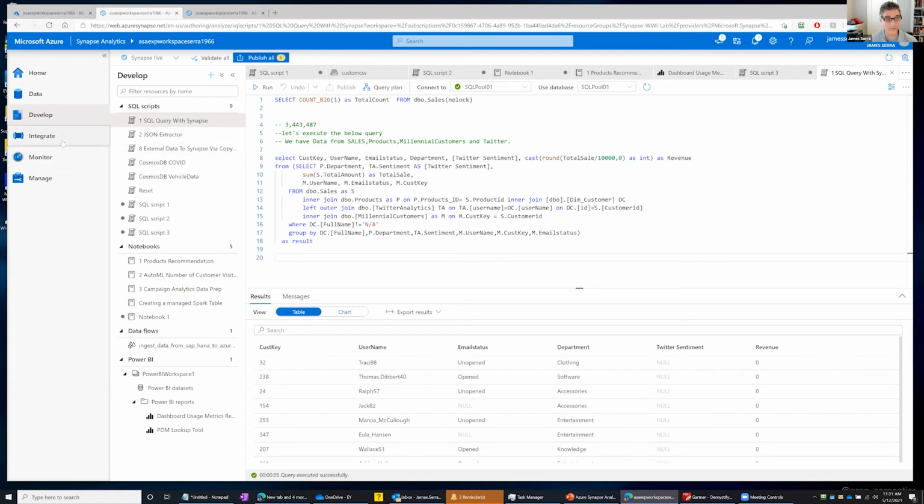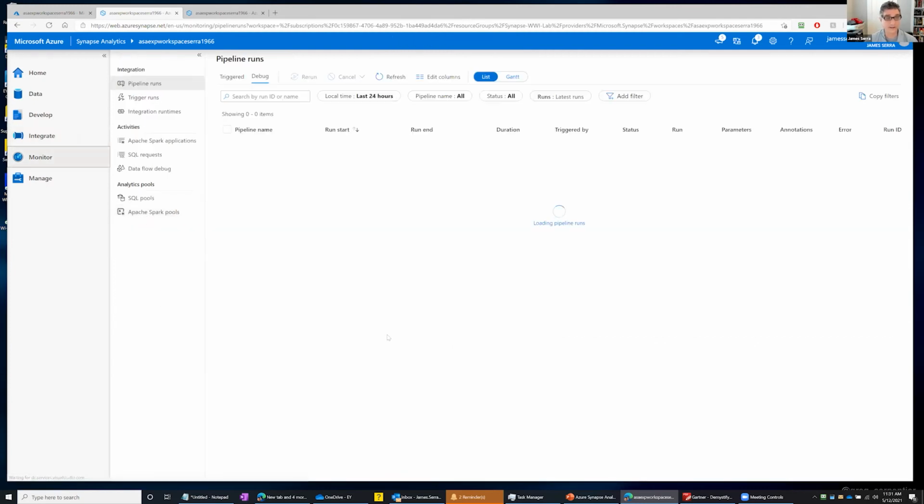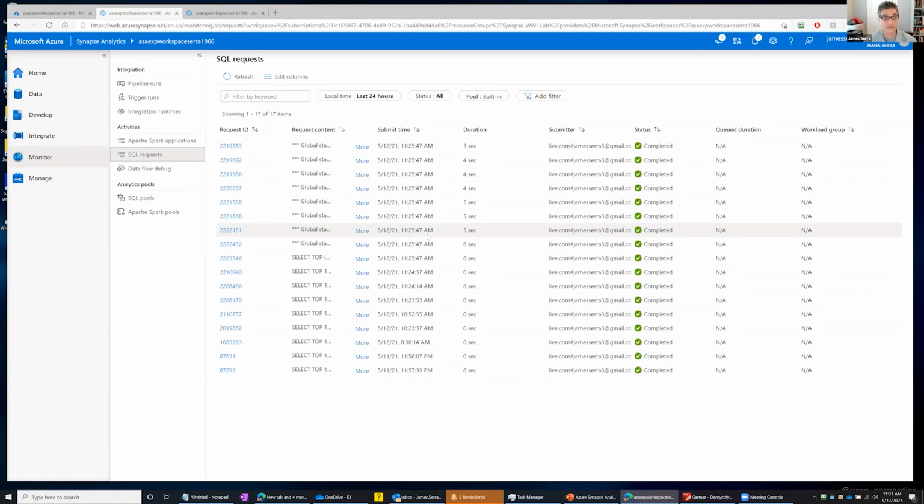All right, and one other thing before I start taking questions, if I go onto the monitor here, this allows me to track everything that's done. So if I'm running Spark or SQL, and I want to dig into the query and the query plans, I can do a lot of this through this monitor portal. I can also do this outside with third-party tools because of the ability to have those endpoints, which I showed you on the overview tab, that you can log into, so you can still monitor this outside of that. But Microsoft has created a great way to do most of what you would need to do while staying inside the Synapse Studio.